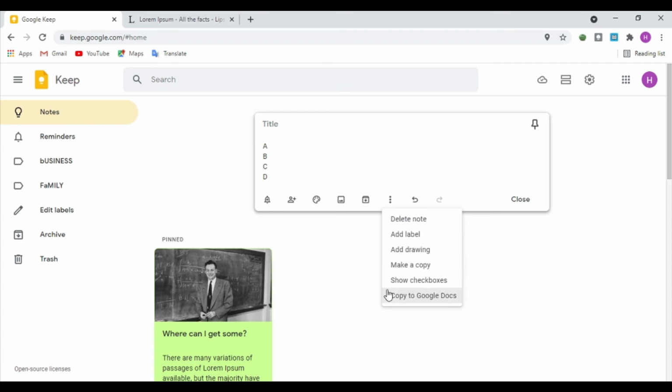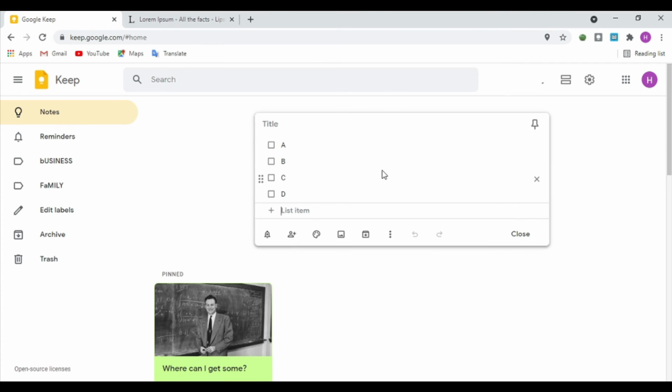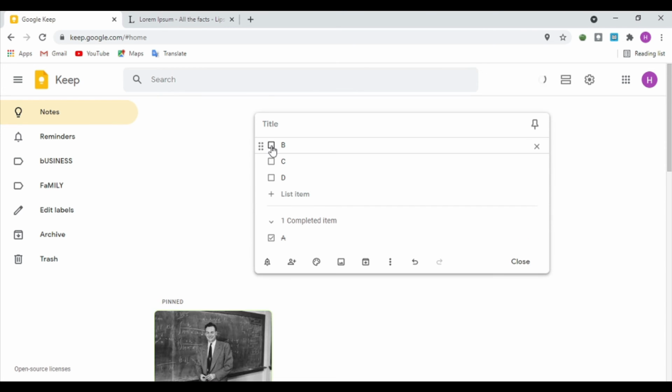You can make a copy also. You can show the checklist. Then you see those are in the checklist format present in here. By clicking here, you can see those are the completed items.